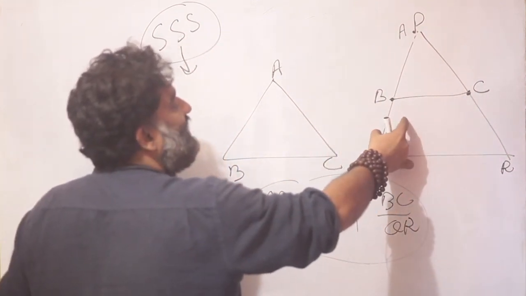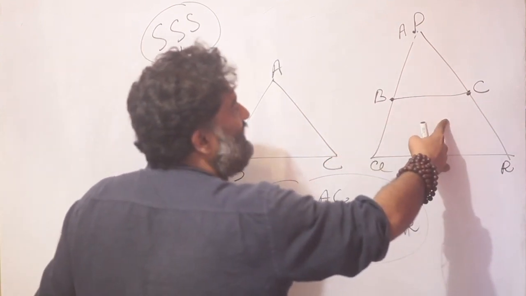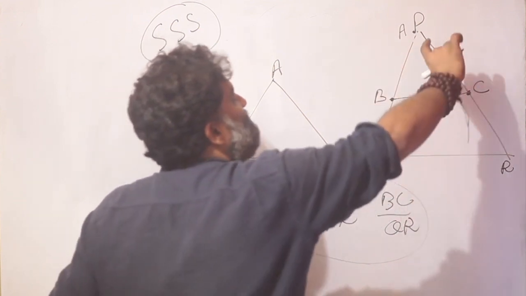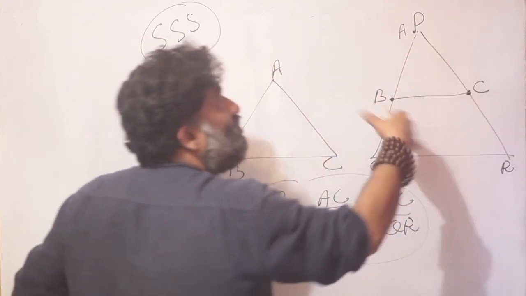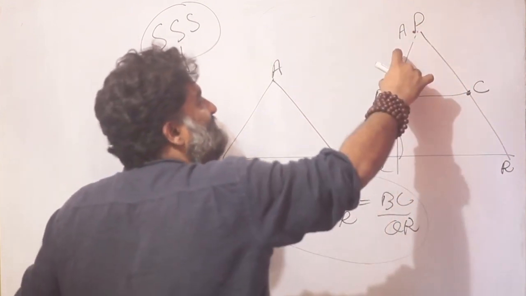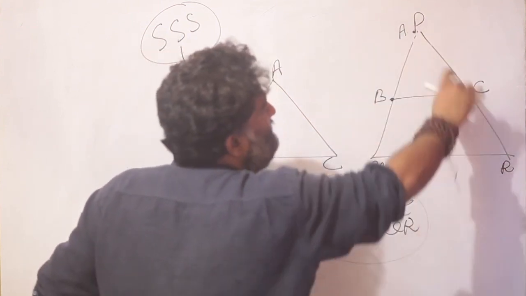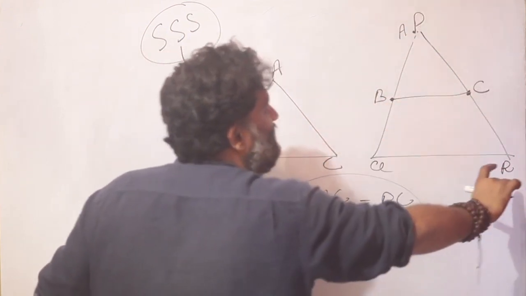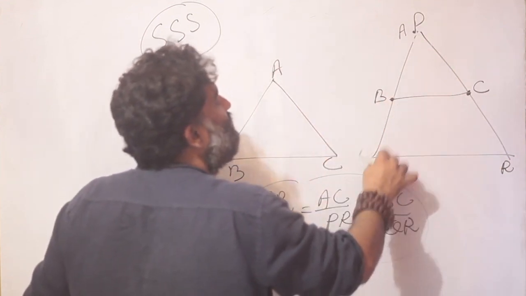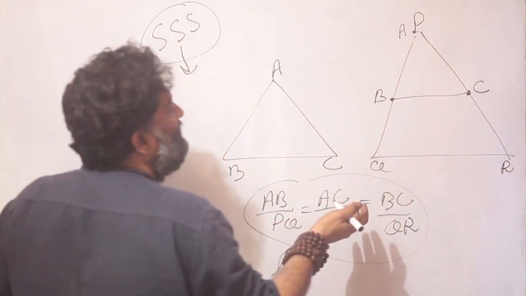The moment I look at this, I can once again spot the basic proportionality theorem in play. If I can prove that AB upon BQ is the same as AC upon CR, or if I can prove that AB upon PQ, that means part to the whole, is the same as part to the whole, AC upon PR, I would also prove that these two lines are parallel to each other, proving these two angles equal to each other, right? So let's see if I can do that.